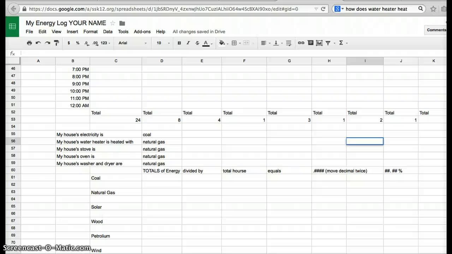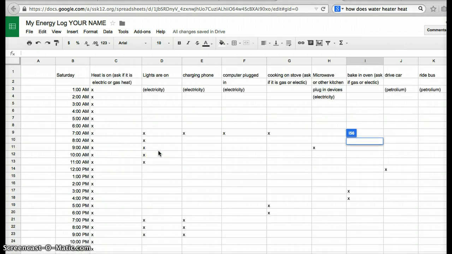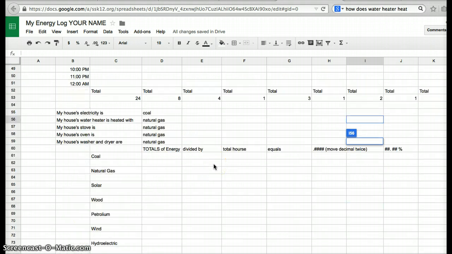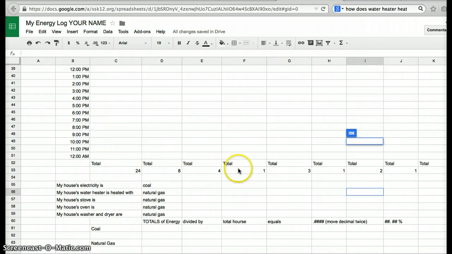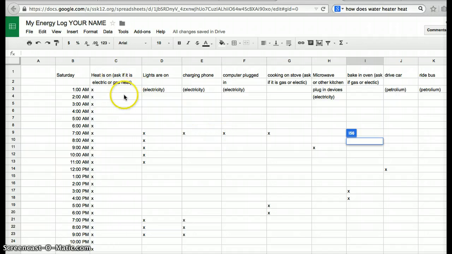Okay, so this is the next step after you have made your log of your family's energy over the weekend. In your log, you already put in the information of, oh, I used electricity to have the lights on for this many hours. I used electricity to charge my phone for this many hours. Then you added that all up in your totals. So you should have numbers in your totals at the bottom under just the category for heat, your total for lights, your total for charging the phone, and so on, all the way